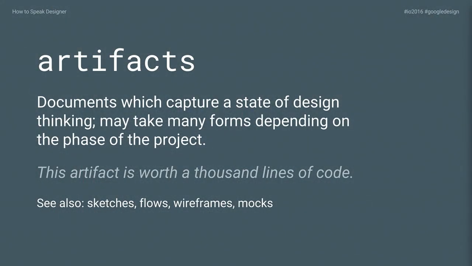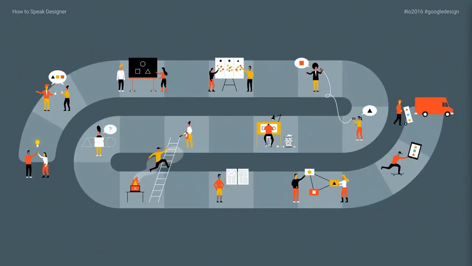I should define that one. Artifacts are just design documents. It's a fancy way of saying it. It's maybe a little philosophical, but it's important to note that these aren't the design itself. These are the things that are created as a byproduct of the design process. This is how designers try to capture the thinking that they're doing and put it into a tangible, shareable form. And no one artifact captures everything. You can put a lot of different artifacts together and hopefully get to a more and more complete embodiment or specification of the design.